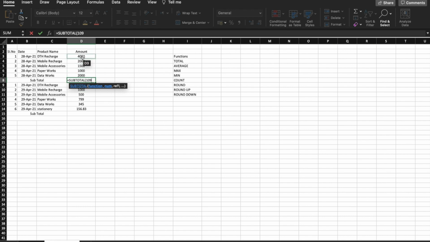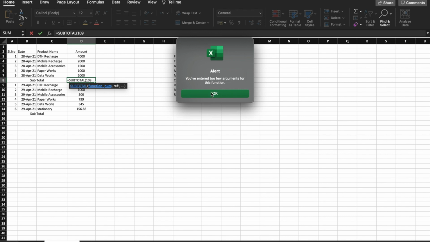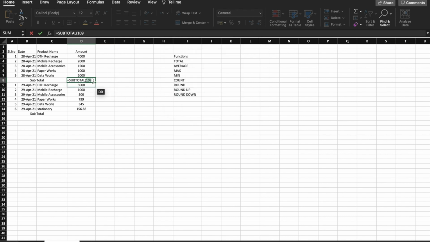Sum, the range, we have to select the range. So D3 to D7, comma, and close the bracket. So on 28 April 21st, the sales is 10,500. And the same, I want to know how much sales on 29 April.